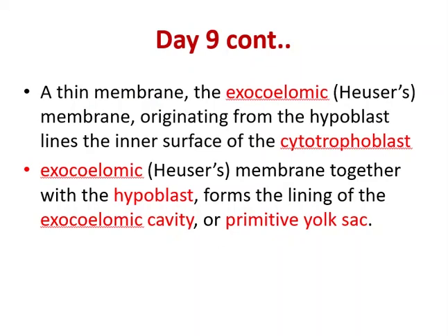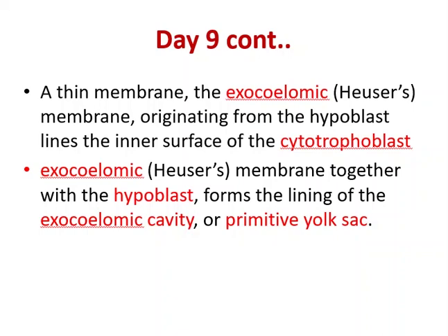Also in day 9, a thin membrane called the exocoelomic membrane or Heuser's membrane originated from the hypoblast that lines the primary yolk sac. This membrane with the hypoblast forms the lining of the exocoelomic cavity or primitive yolk sac. So here we have two membranes that line the two cavities, the yolk sac and the amniotic cavity. The amniotic cavity is lined by amnioblast and epiblast, while the primitive or primary yolk sac is lined by the Heuser's